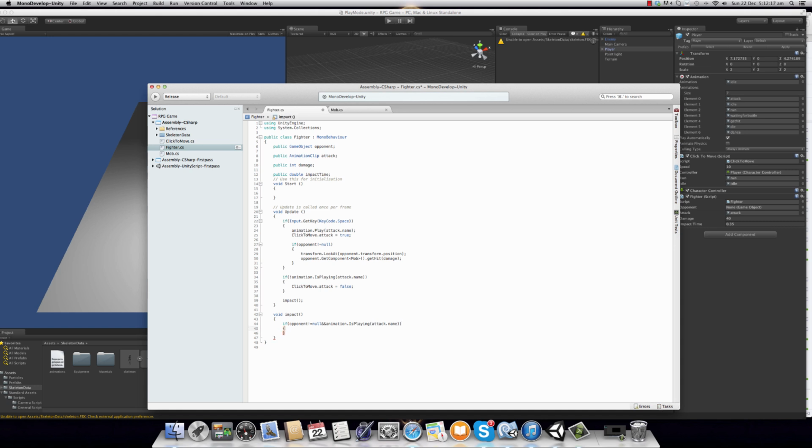So this is basically checking if you actually have an opponent and you're playing the attack animation, and then we're gonna impact at the right time. So we're gonna have an if statement saying if animation, and then square brackets. It's very important. And then in the square bracket, you're gonna say attack.name